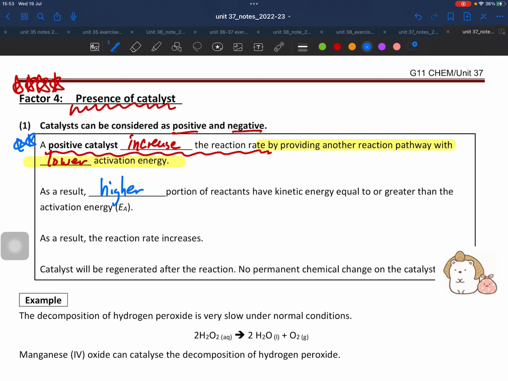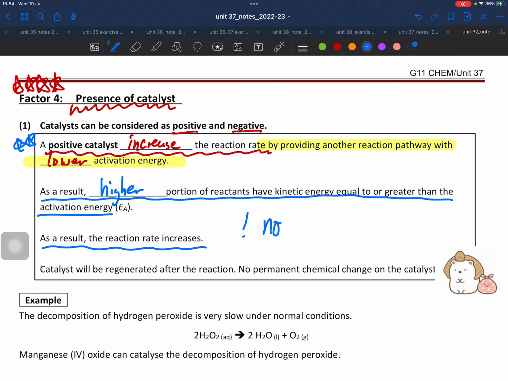And as a result, a higher portion of reactant got enough energy to overcome the activation energy, right? And hence the reaction rate increases. Alright, but again, it doesn't mean